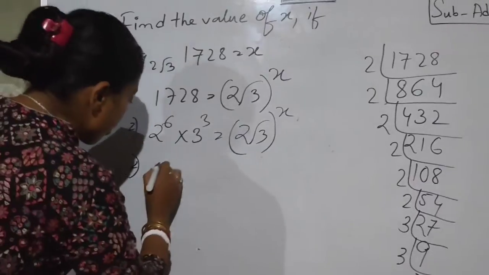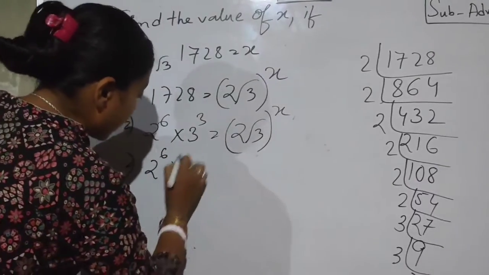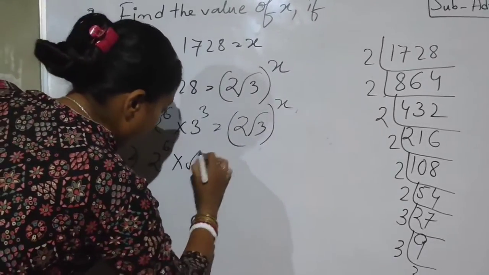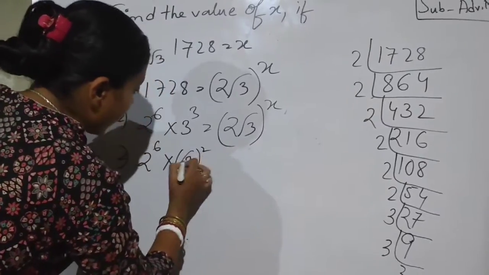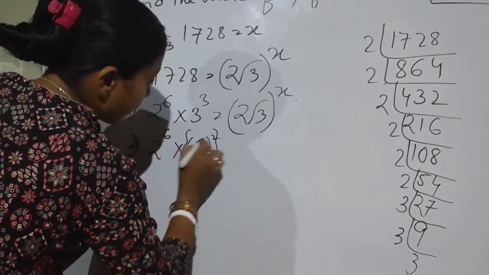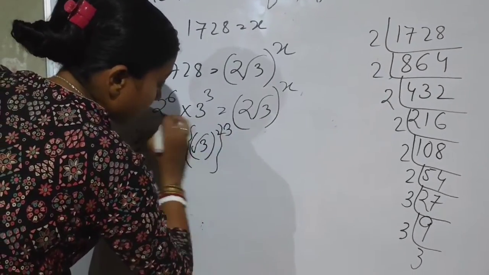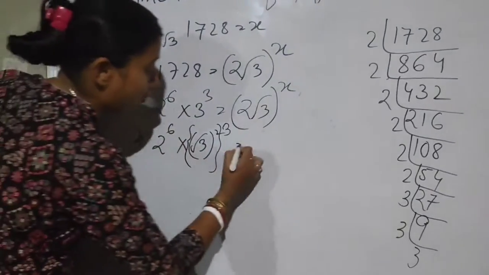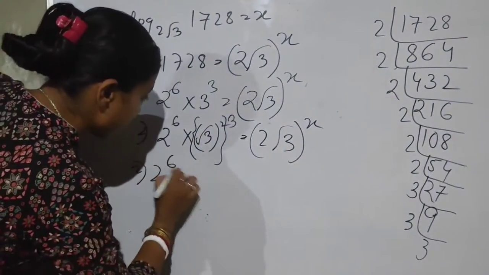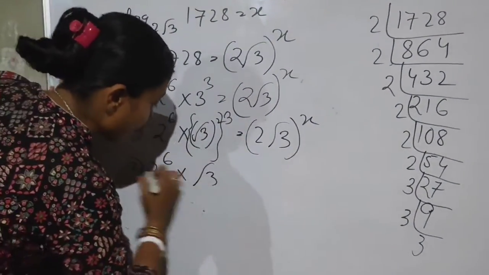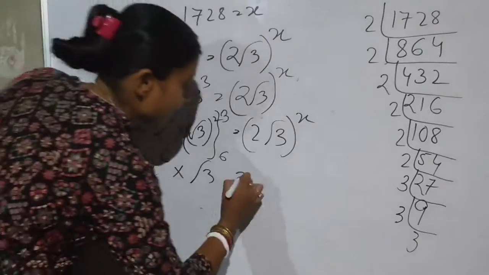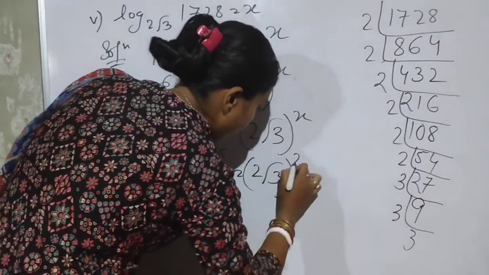So let us make, so 2 to the power 6, let it be. This one what can we write? We need root 3, right? We have 2, we need root 3 here. So this one we can write root 3 square. Root 3 square means 3, square and root cancel, then it will become 3, and this other power in the outside we have. This one let it remain same. So this one 2 to the power 6 into what can we write? Root 3 to the power 6, right? Root 3 to the power 6, 2 into 3 is 6, equal to 2 root 3 to the power x.